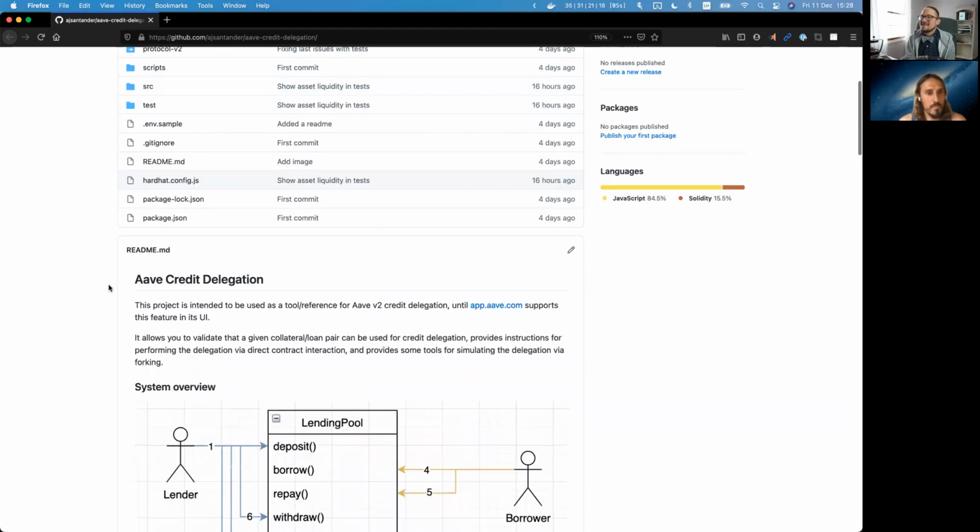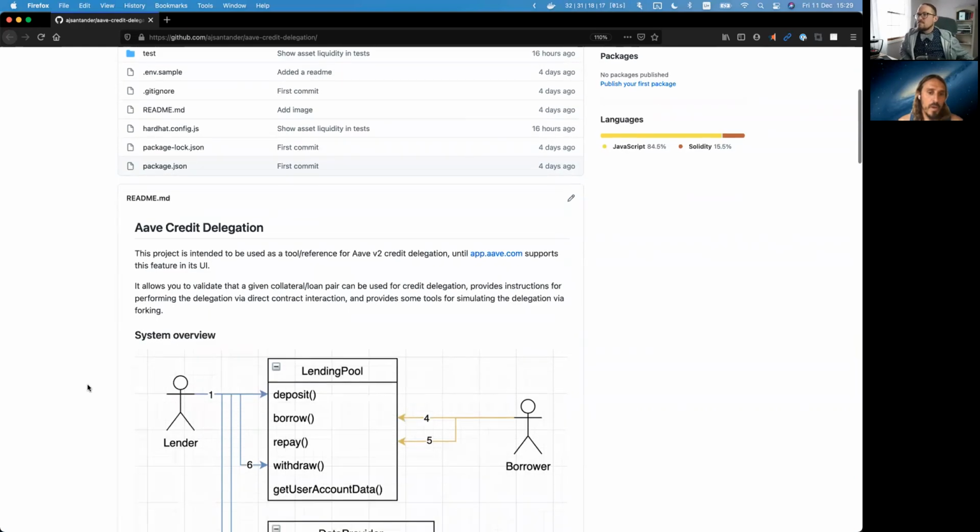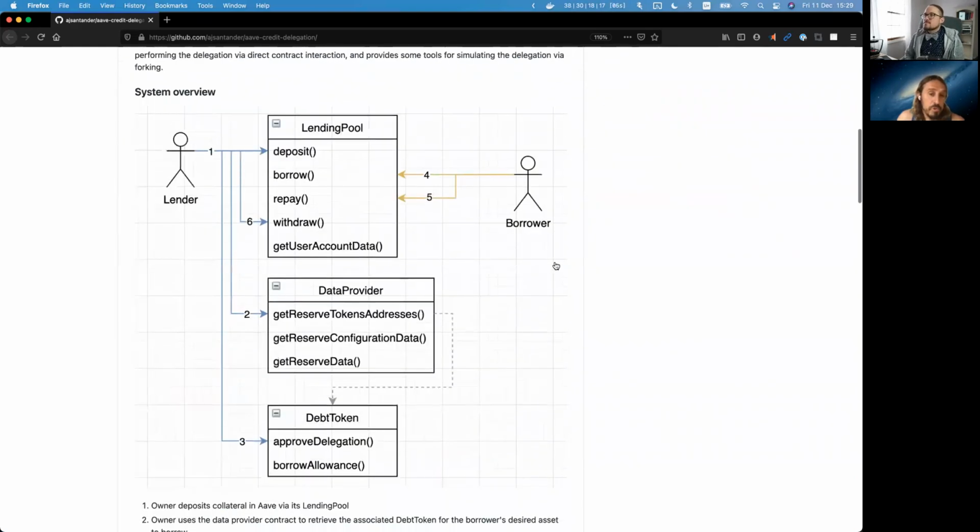So we can go with this little repo I made that I used yesterday for a real credit delegation, something that the Aave UI doesn't support yet, but it was really easy. So let's go over it. Here's a little diagram I made to understand what's going on. You've got a lender and a borrower, and the lender goes to Aave and deposits collateral, whatever collateral the lender wants. That's step one. And then